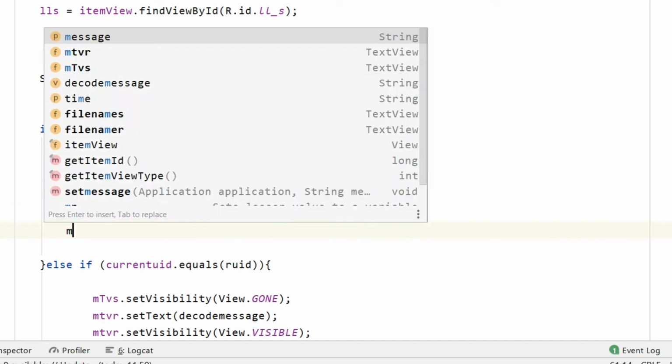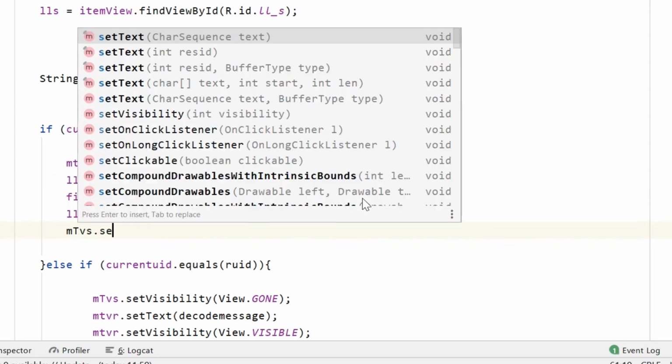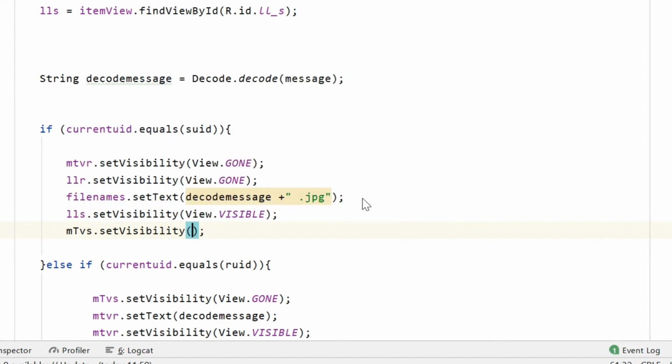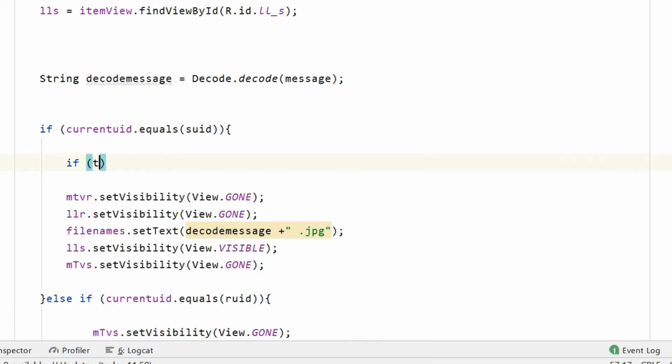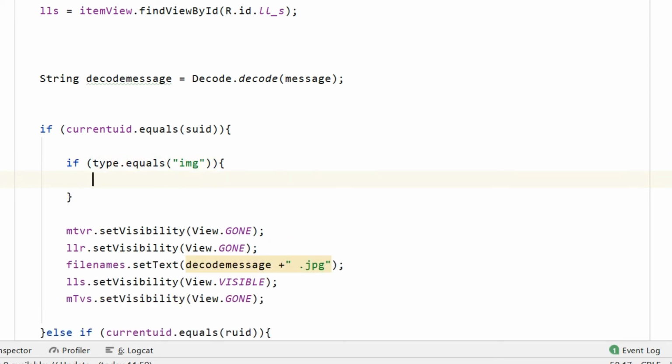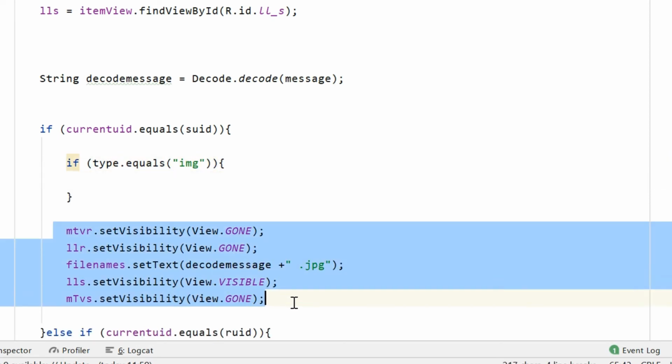Okay, then mtvs dot set visibility gone. Okay guys, and you have to write this part of code inside if type dot equals img. Okay, and then all this code will go inside it,